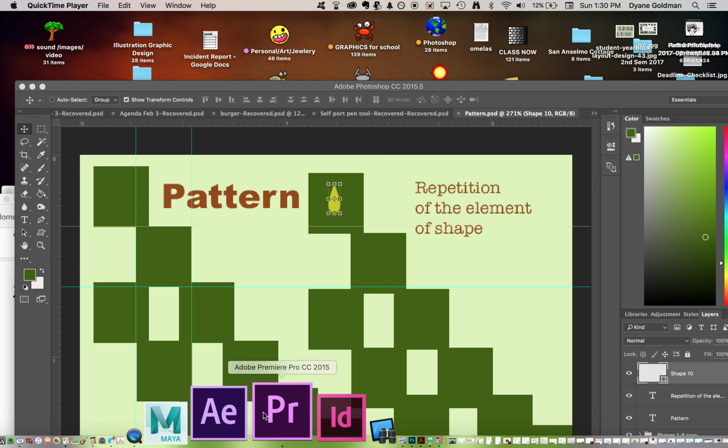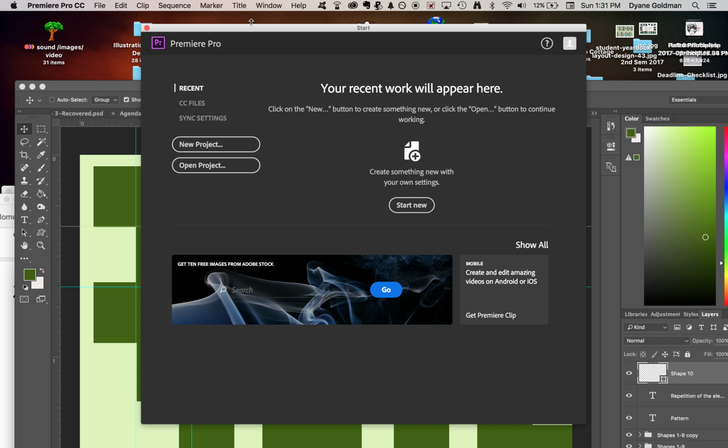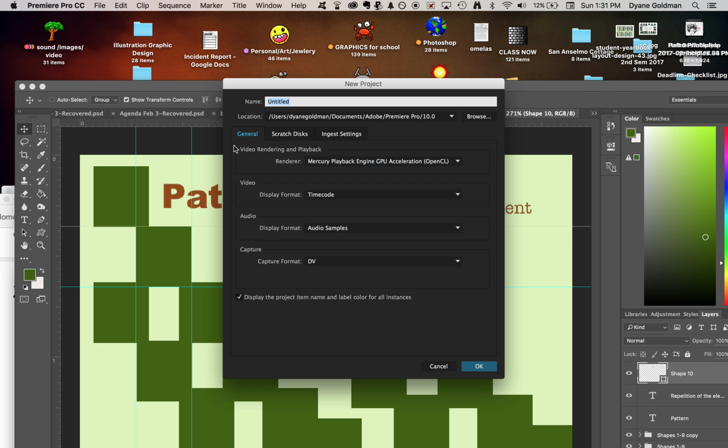We have opened Premiere. This is the first window that you should get. Yours might look slightly different. It just depends on the updates that have been done. So the first thing you want to do is click New Project, whatever window you have, and then you want to name this. And I would call this